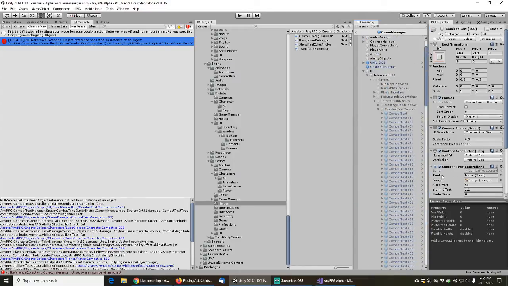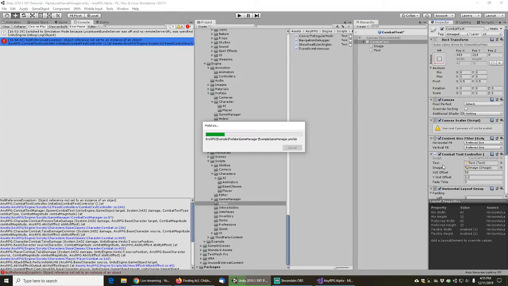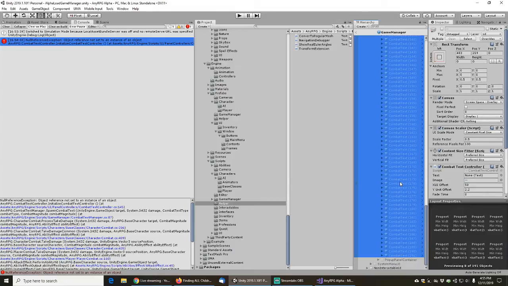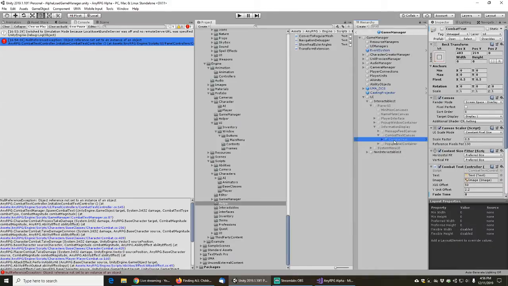Okay, there's no way to do that except individually, which literally means I think I need to delete all these things in order to actually fix it. A little bit ridiculous that you can't mass revert, because of course it's configured fine internally, so there's really nothing I can do about that. Okay, so fine, I will delete all my combat text prefabs, and then we're going to revert that one to the standard fade time,